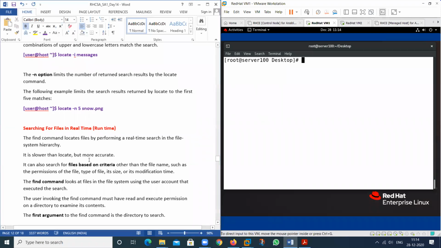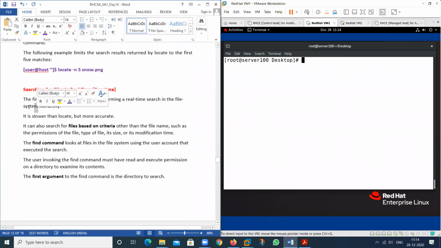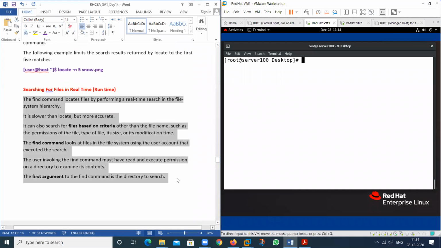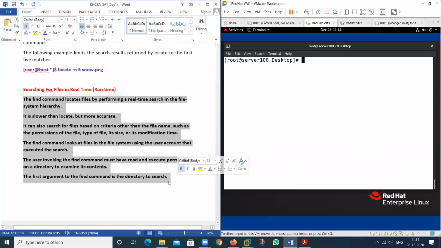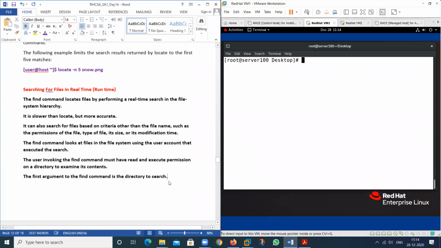So what is the use of this one? Read these lines first. Read these lines. Read this one. Then I will tell what is the use of the find command.